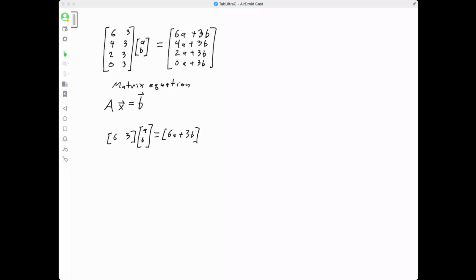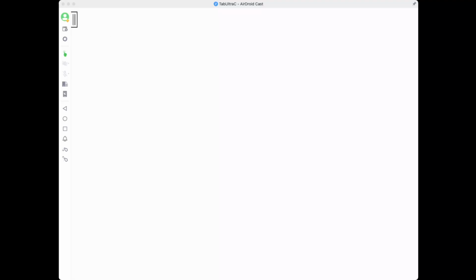Okay, so I want to think a little bit about what these vectors represent. Obviously they can represent a lot of things. In the example that we just looked at, the vector represented how many batches of cookies I wanted to make and how many cakes I wanted to make. But I could also use a vector that represents points in the plane. So for instance, if I did my vector, let's say 2, 1, that would be